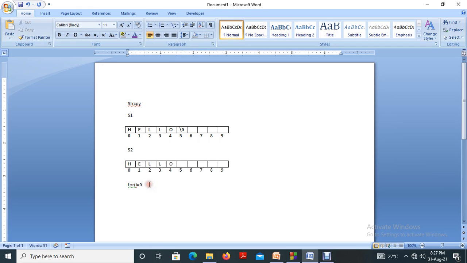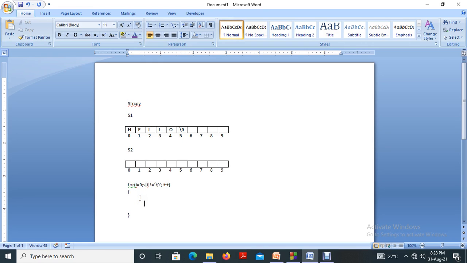Okay, so now we are going to write the program for this. Very simple. How will we write? I equal to 0, S of I not equal to null. This is a similar program to the one we wrote to find the length of the string. Likewise, not equal to null, then I plus plus. If this condition is true, then what are we going to do?